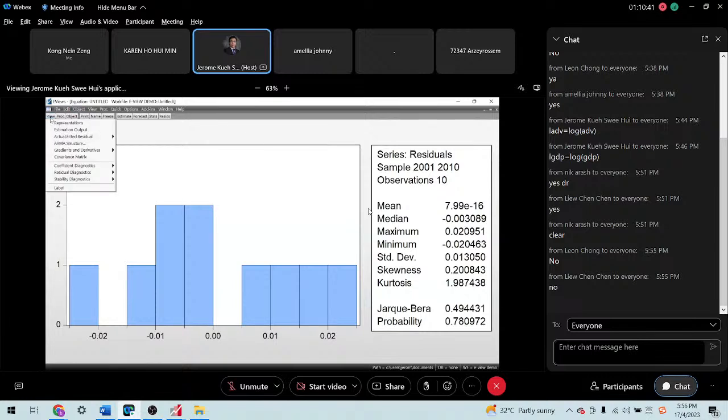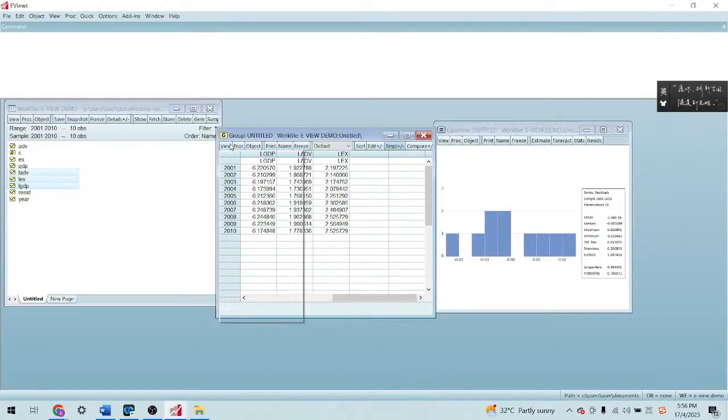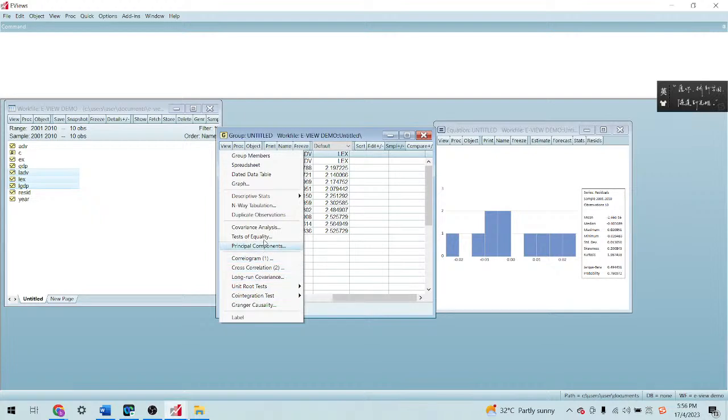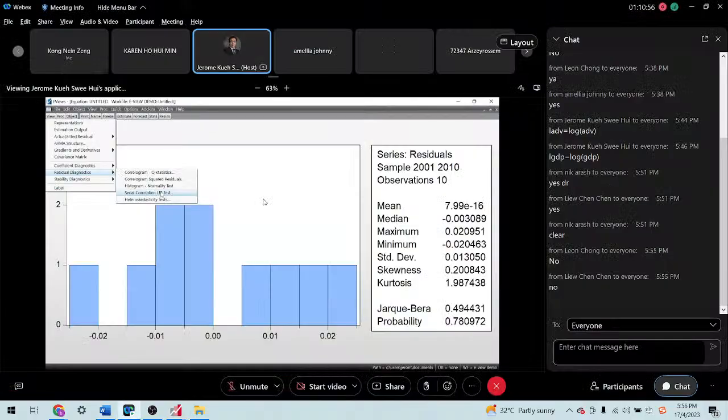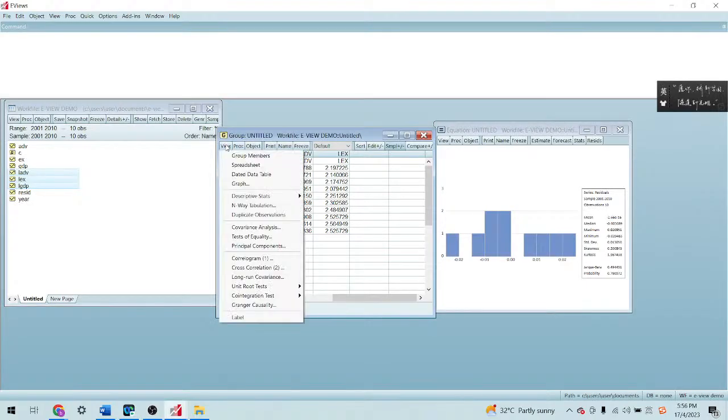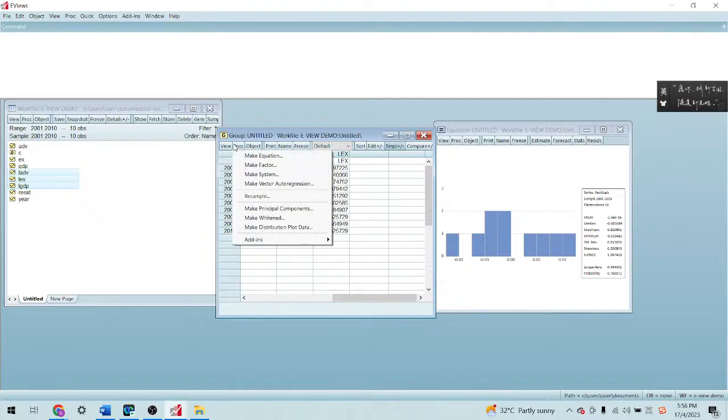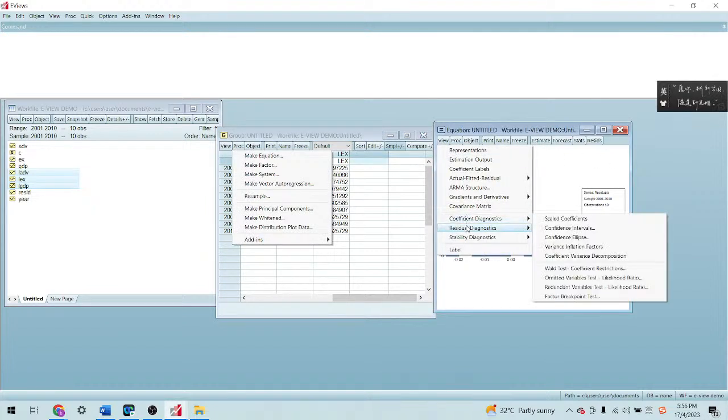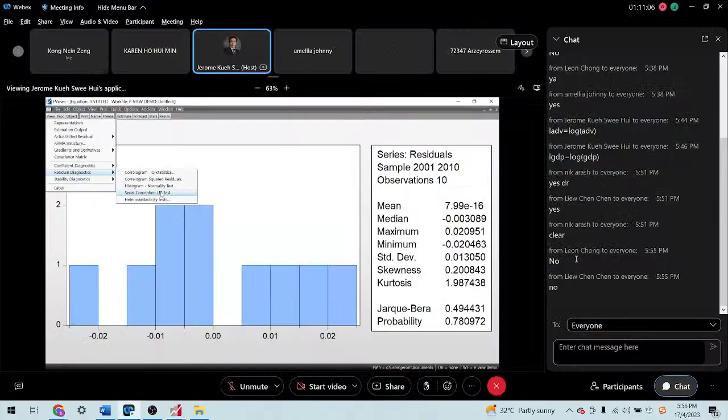Then you go to View again, go to residual diagnostics, and go to serial correlations. Remember, one of the classical assumptions is that the correlation between two error terms or disturbances is equal to 0.